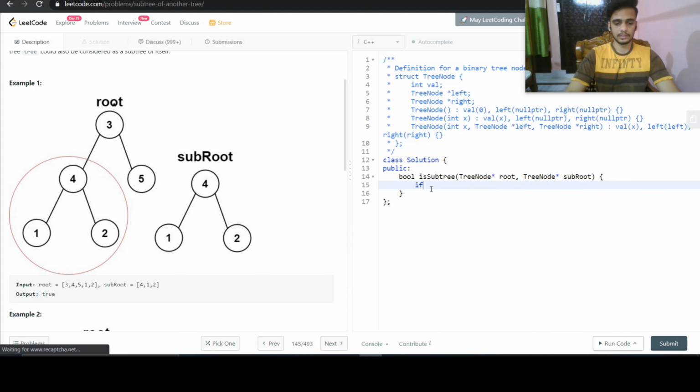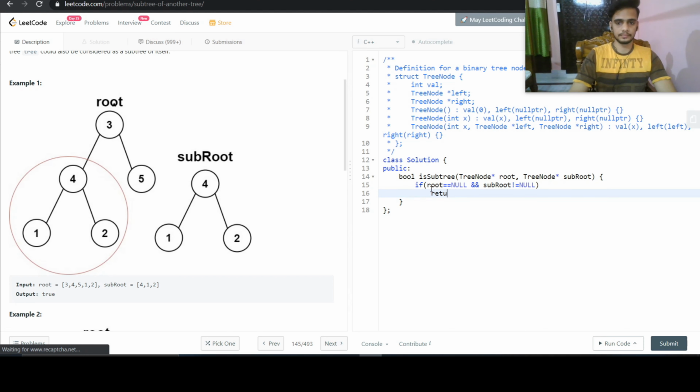So let us start. So first of all, we'll check the base condition whether our root given is null, and the subroot given is not equal to null.